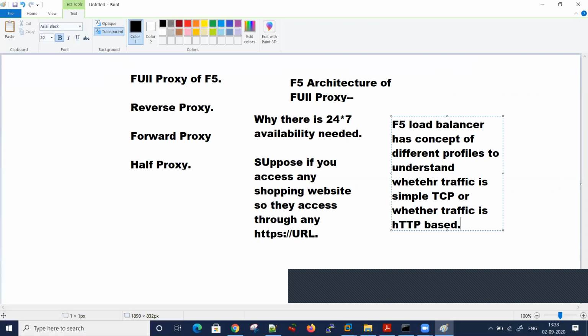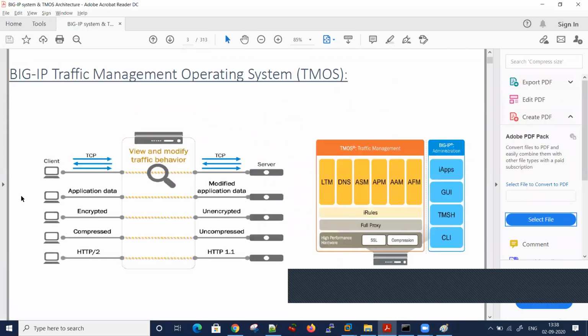Based on content, it will look at the packet and distribute load. Your connections can be based on TCP, but generally wherever F5 load balancer is hosted, you distribute load based on your application data.